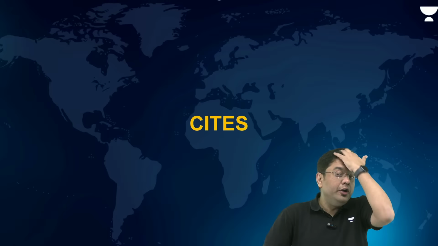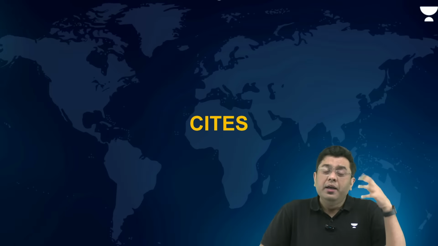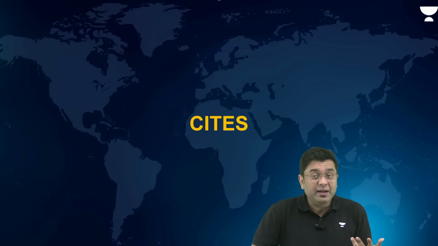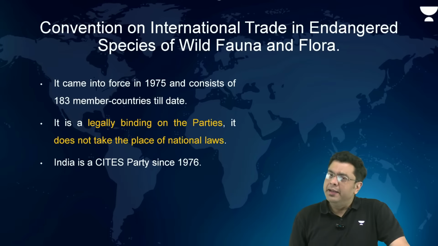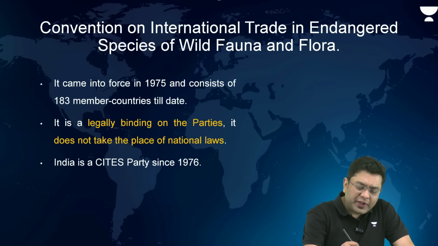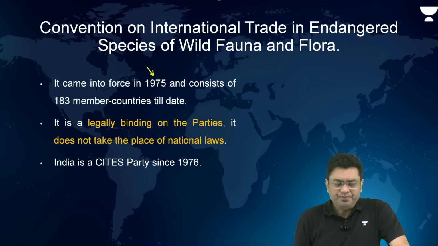And even the case of plants, for example. We know that red sanders is traded because it is in great demand. Then when we talk about shisham, shisham is another one of those species of trees which is smuggled significantly. So that endangers the prevalence of those species. So in order to ensure that the species are conserved, CITES was arrived at. Now CITES came into force in 1975 and consists of 183 countries.